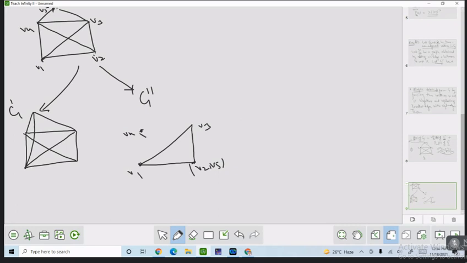Okay, this edge is as it is. This one edge is as it is. Clear? And also this one edge. Only this edge will be parallel to this edge, and this edge will be parallel to this edge. Clear? It is okay. So you can see that in this case, V3,